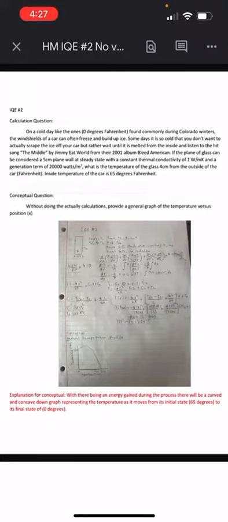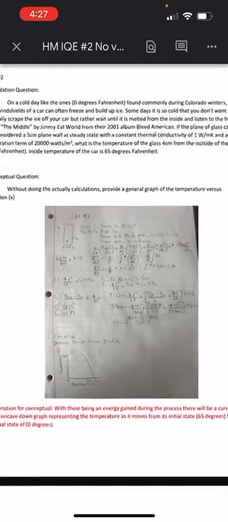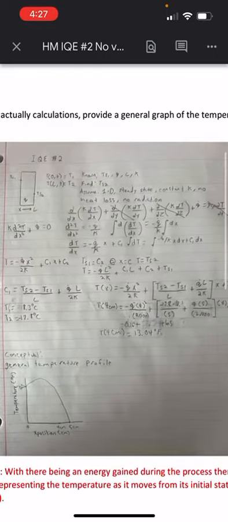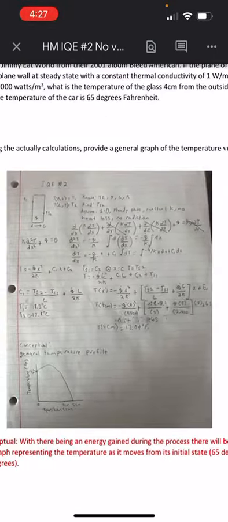And what we're trying to solve for here is the temperature of the glass 4 centimeters from the inside, considering that this is a 5 centimeter thick piece of glass. And the things that we know in this problem are the thermal conductivity, the generation term, and those 2 different temperatures. So how we're going to solve this problem is we're going to start with the general term, or